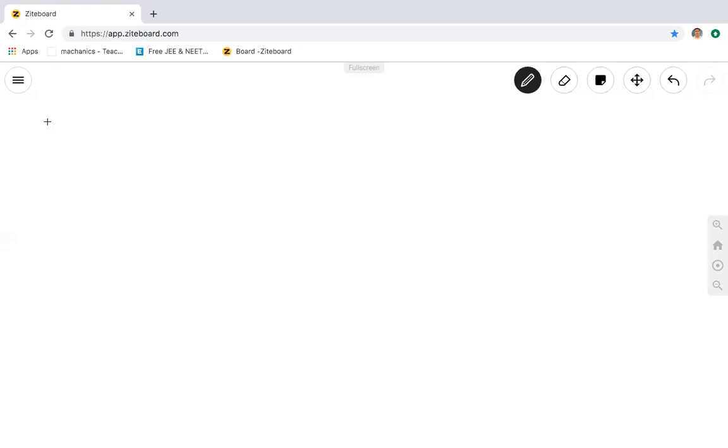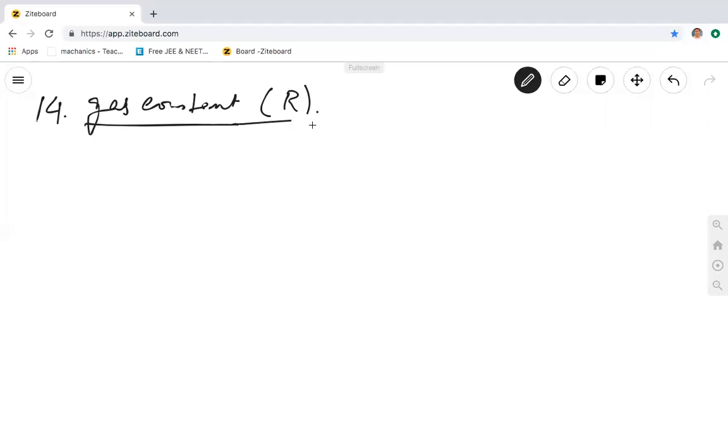Very nice. So let me go to gas constant. It is 14th. Okay. Gas constant. Gas constant is R, right? And we had to pick up the formula which involves this R. Formula is very important to pick up. But you can pick up any formula you like, because any formula which connects this R will give you the same dimensional formula. Now, see here, if I do one thing, you know,